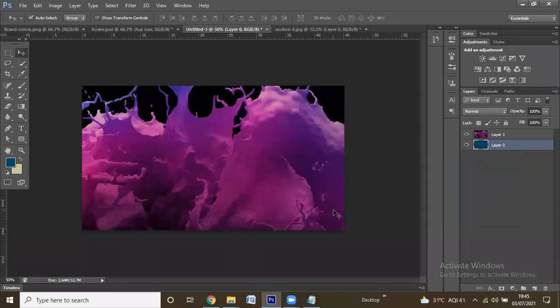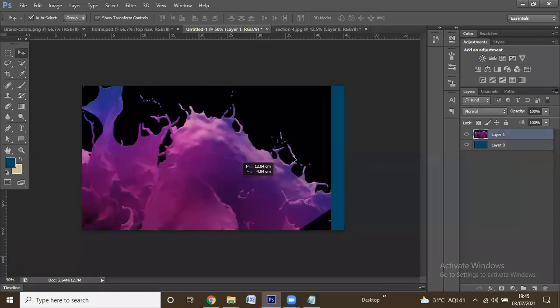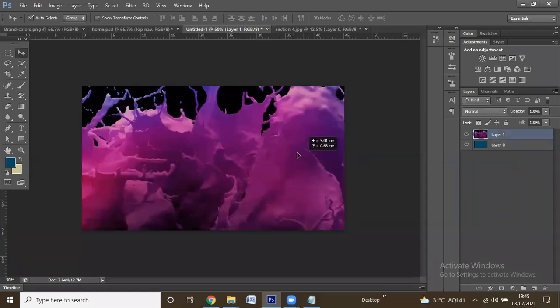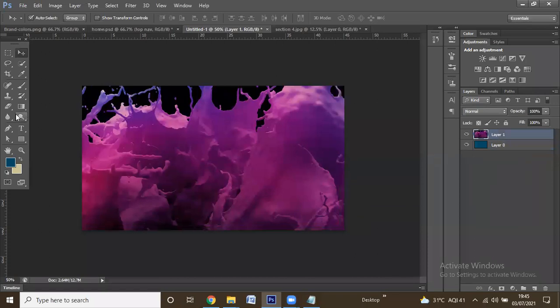For example, you are feeling that this is very bright. Okay, I will check it after placing text. For example, you are going to put a text here.